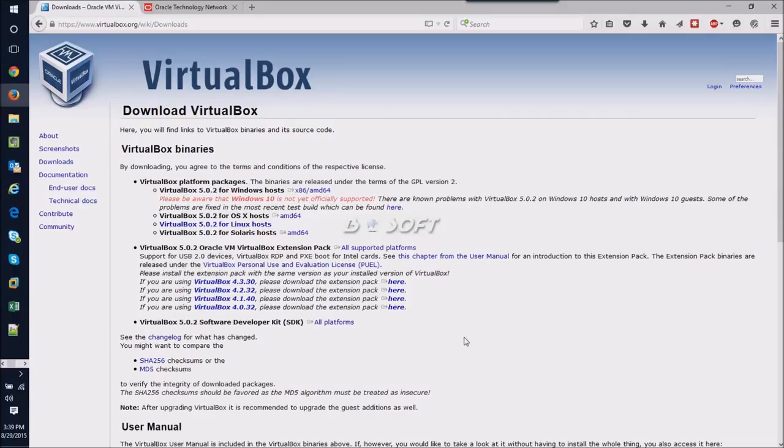But it should work just fine, and the other beauty of having virtual machines is that once you have the client software on your desktop, you can pass copies of this machine amongst your friends, and it doesn't really matter what their underlying operating system is. It'll run the virtual machine without issue. So I'm not going to go through the download and install portion of that. That's all pretty standard, nothing too exciting there. I'm just going to go ahead and show you how to actually create a virtual machine today